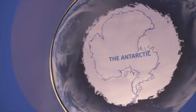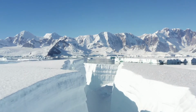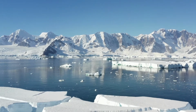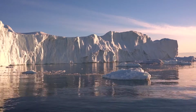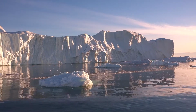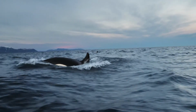It's one of the largest places of change in the Southern Hemisphere, and that's quite interesting because you can use the West Antarctic Peninsula to research what might happen in other parts of Antarctica as climate change progresses. Without rapid action to tackle climate change, then we can expect a global decrease in productivity, reducing species diversity, and perhaps even extinction. This is a particular problem for those communities which are reliant on the marine ecosystem as their